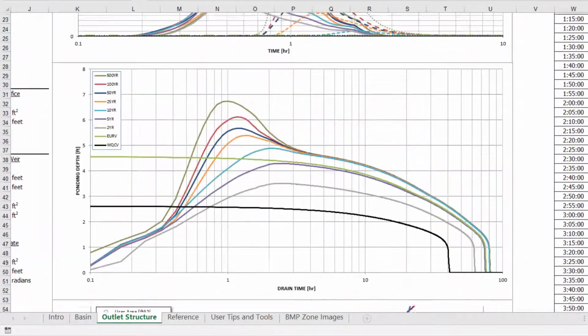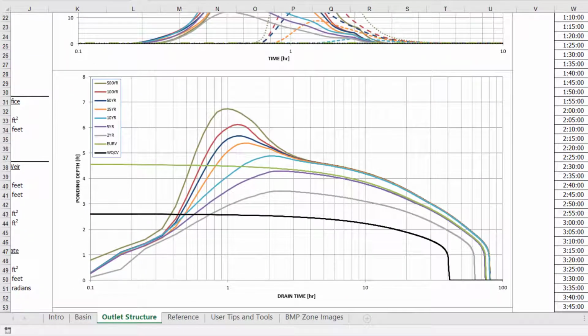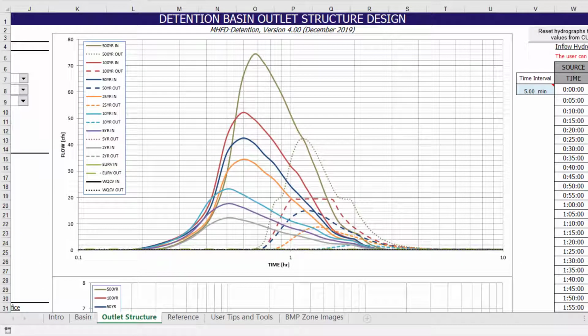The figure in the middle shows the ponding depths over time for each event on a logarithmic scale. We can see that the water quality capture volume empties out in 40 hours, and the other events are between 60 and 80 hours. The top figure shows a comparison between the inflow hydrographs and discharge hydrographs. You can clearly see the flat top of the 100-year event, and you can also see how the 500-year event is conveyed through the